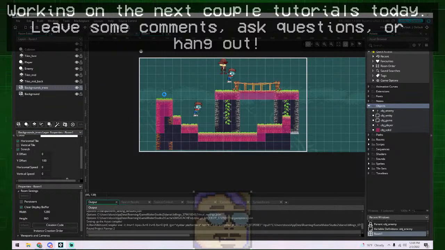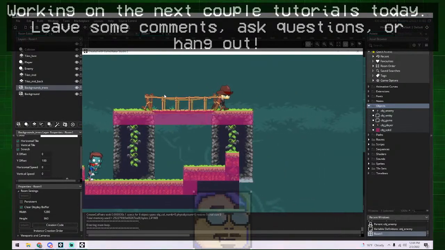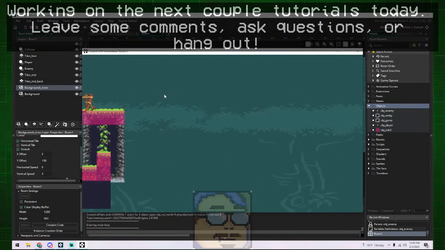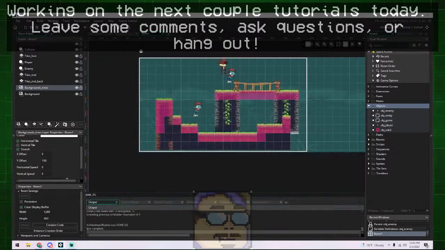So now when we move, we have a background, but the background is static. It doesn't move at all. So let's go and create the parallax effect. So I want to do that inside OGame. So let's go into there, and let's create a step event. Now remember, a step event will run every